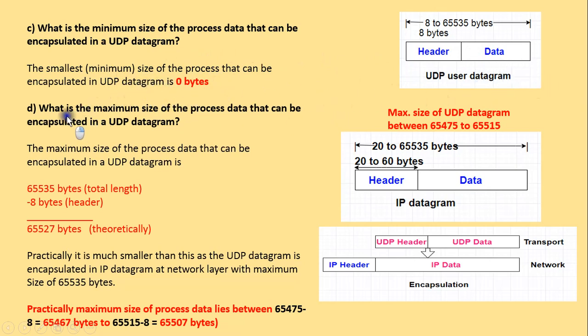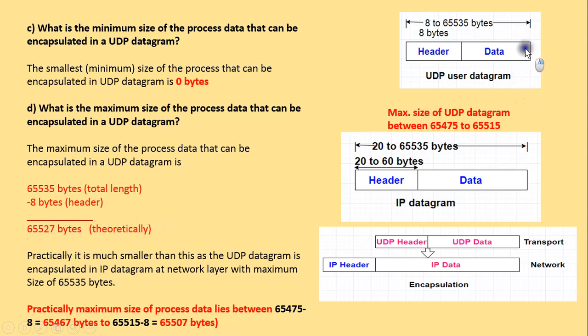And the last question is, what is the maximum size of the process data that can be encapsulated in a UDP datagram? Now, the maximum size of process data that can be encapsulated in UDP datagram is the total length of this UDP datagram minus the header length, that is 65535 minus 8 bytes. 65535 bytes of total length minus 8 bytes of header, that is 65527 bytes theoretically.